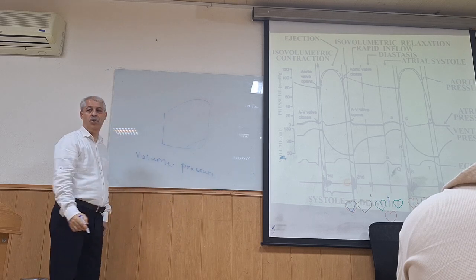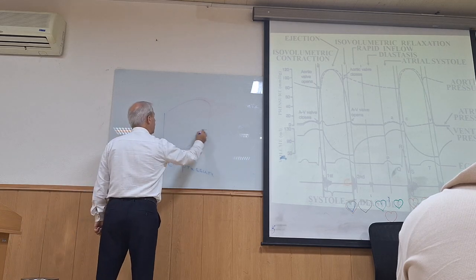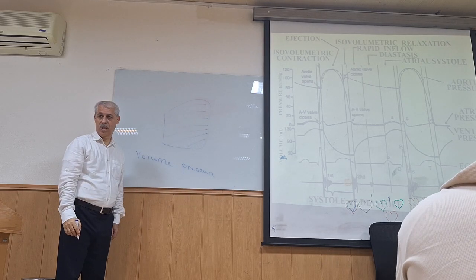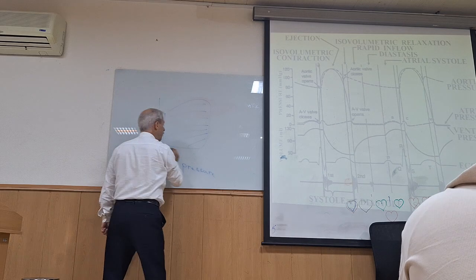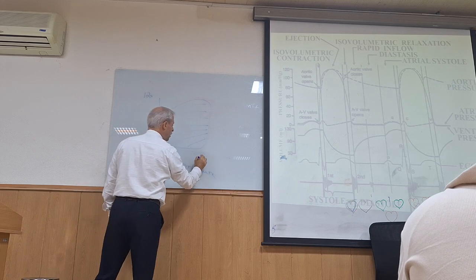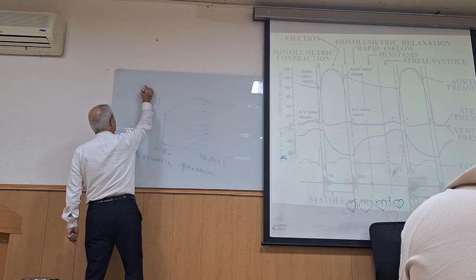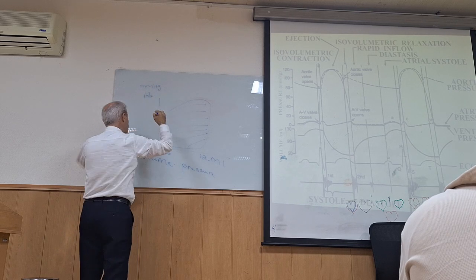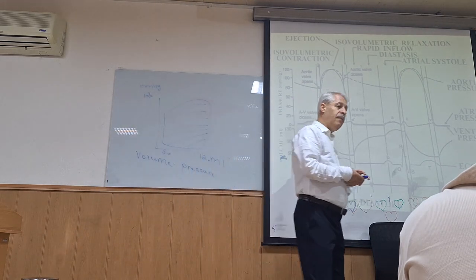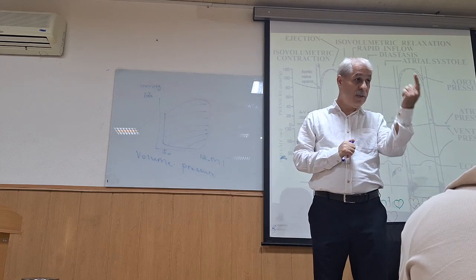If you want to measure the external work output, you should measure the area under the pressure-volume curve. Pressure, 120, 50, 120. This is milliliter, this is millimeter of mercury. Am I right? If you want the amount of work that is done by the heart during each beat,